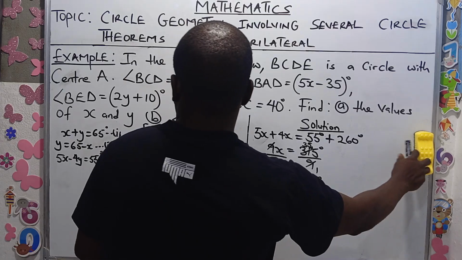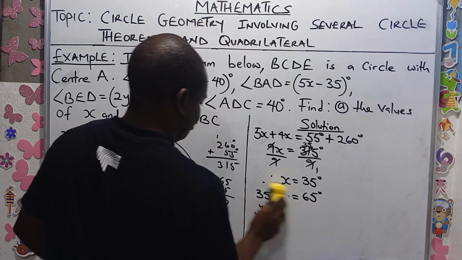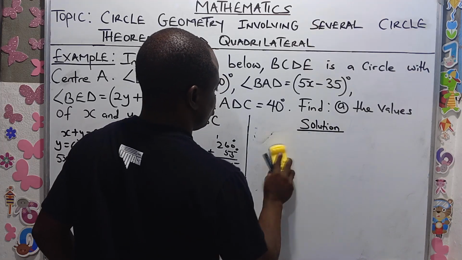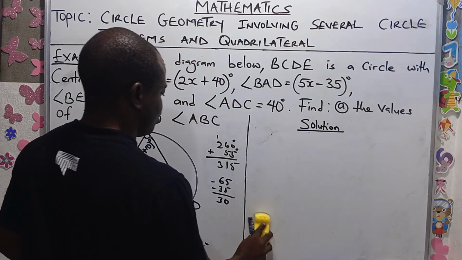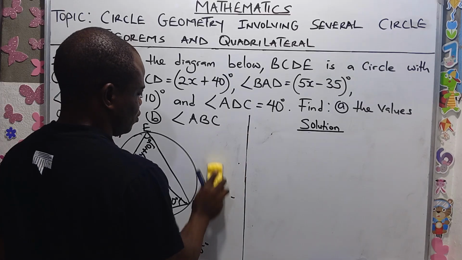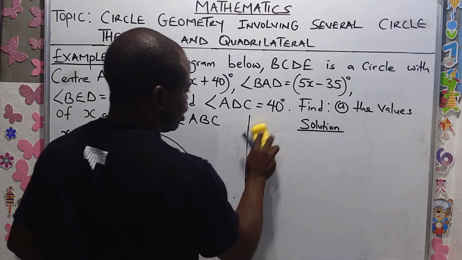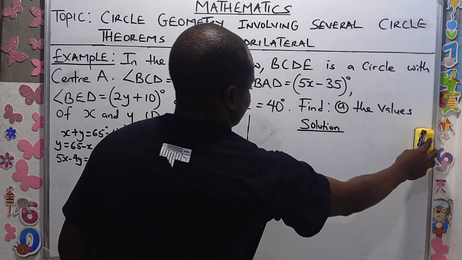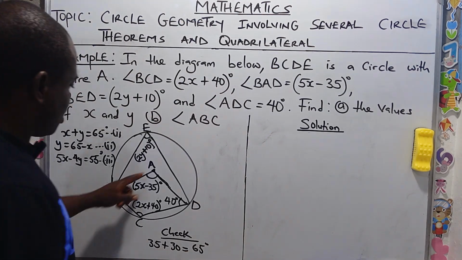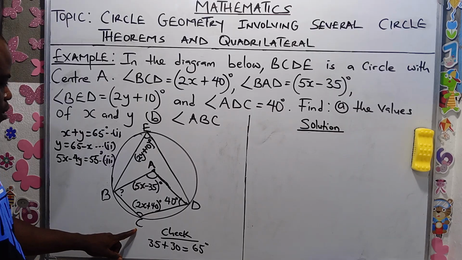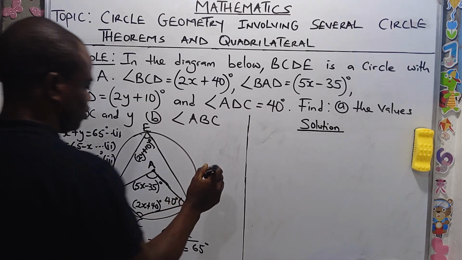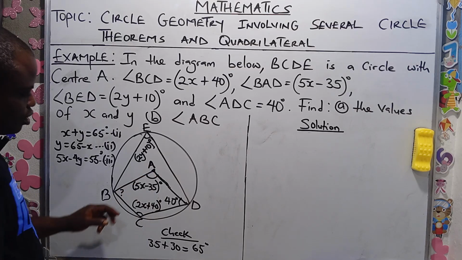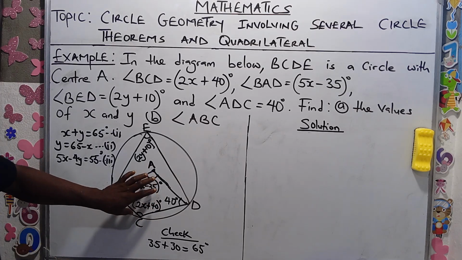The B part of the question, we have to look for angle ABC. We have to look for angle ABC. You can see angle ABC. Now this shape,